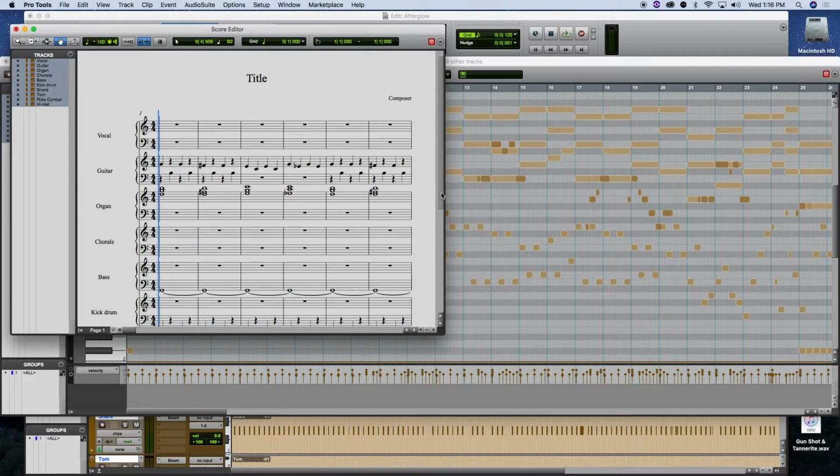This can be super powerful when you're working with different musicians in the studio or need to give sheet music